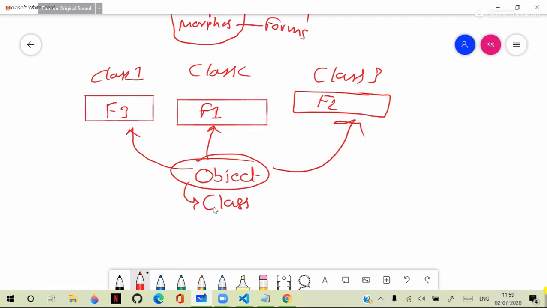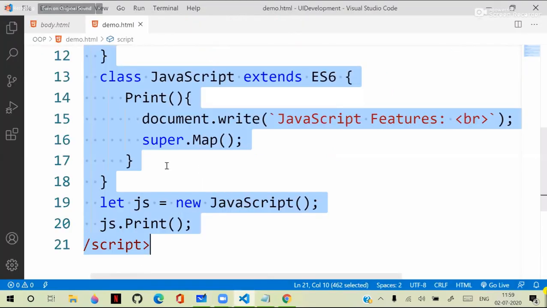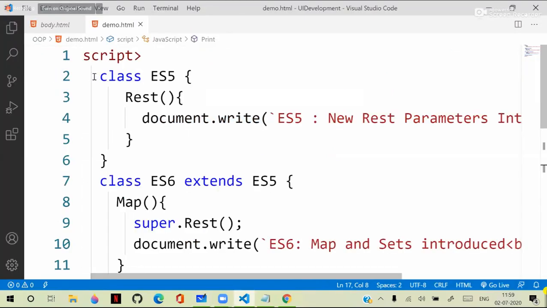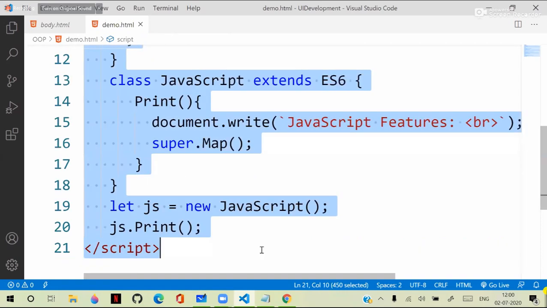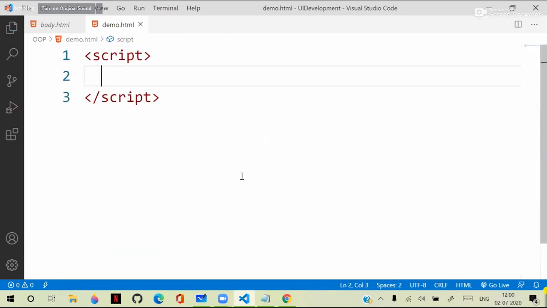That is what polymorphism is, and how it is possible. Suppose here I am configuring like this. Suppose here I am defining a